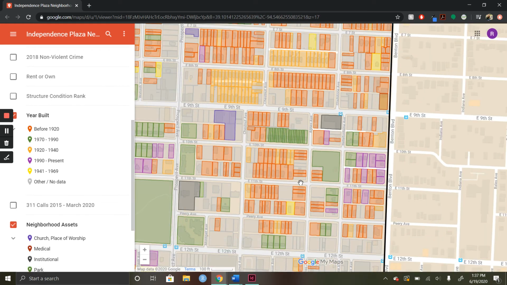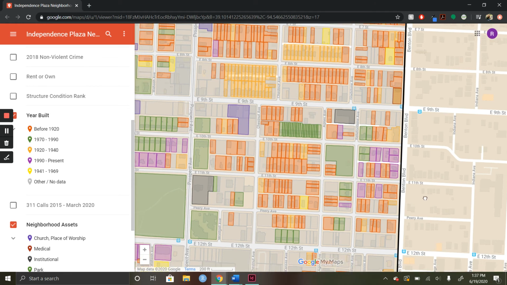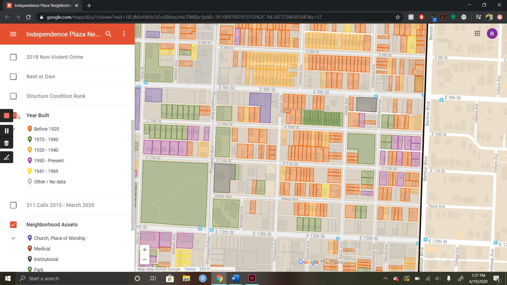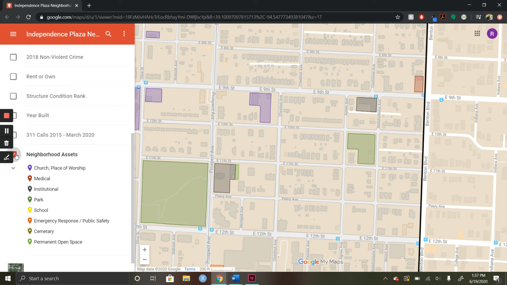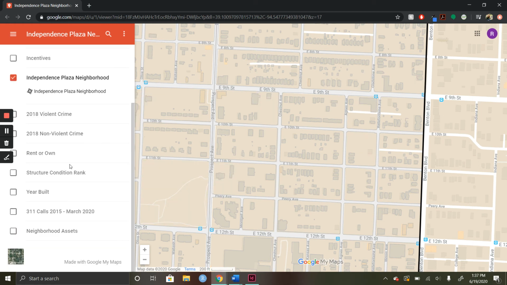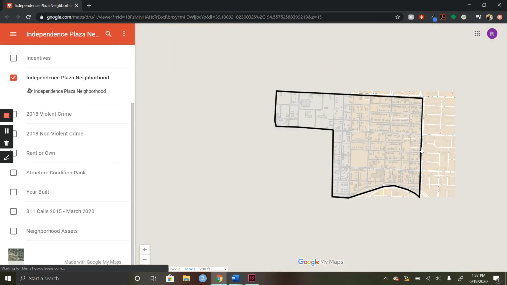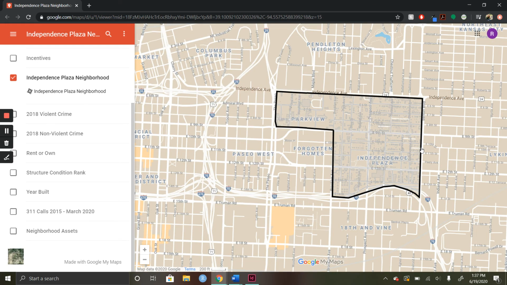This strategy can also be used for developers. Anyone interested in the neighborhood can come and turn on and off these different layers to get a better understanding. All right, so that's that. If you have any questions